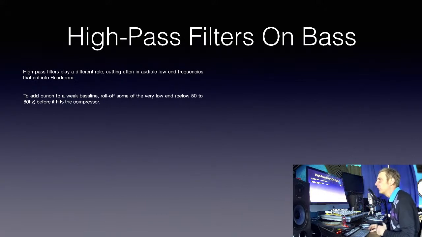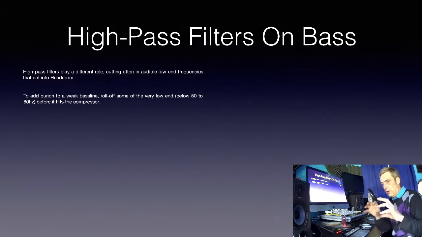So to add punch to a weak bass line, roll off some of the very low end below 50 to 60 Hertz before it hits the compressor. So before you have your compressor on the bass, put your EQ in first, roll off that bass around 50 to 60 Hertz, and then apply the compressor, so that the low frequencies are not affecting the compressor